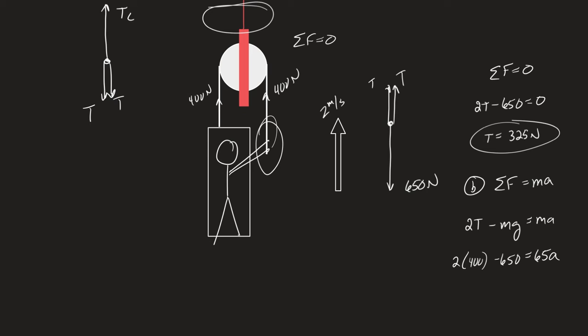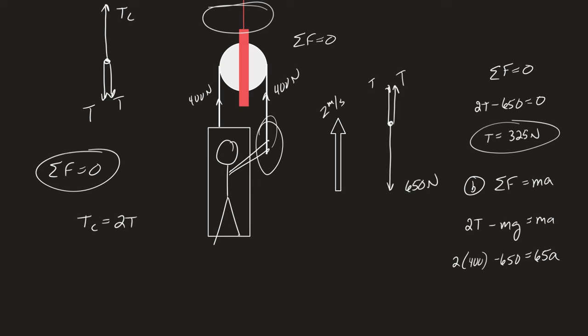If the net force is zero, how much weight does the pulley have to support? A lot of people think that the pulley's tension is going to be 650 because the guy is 650 with the box. But it's not going to be 650. It's obviously not going to be 650. And that's because